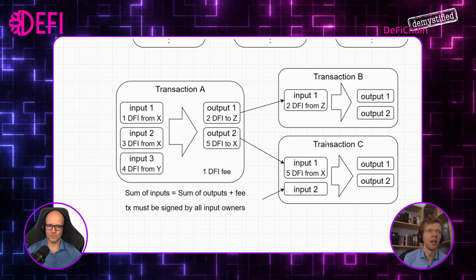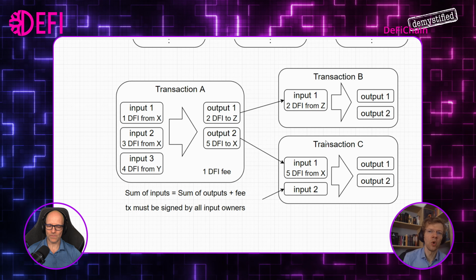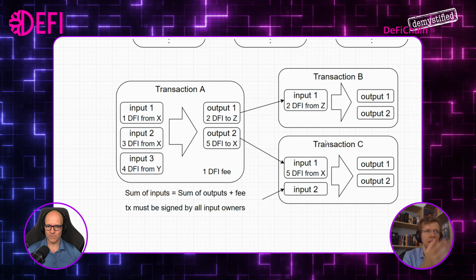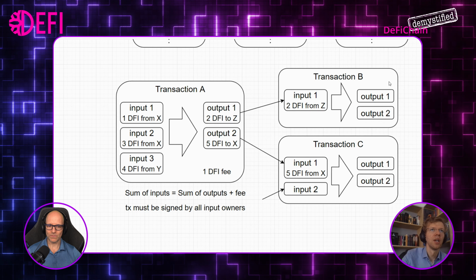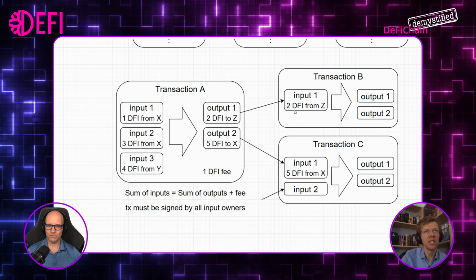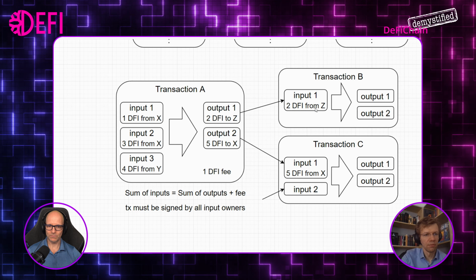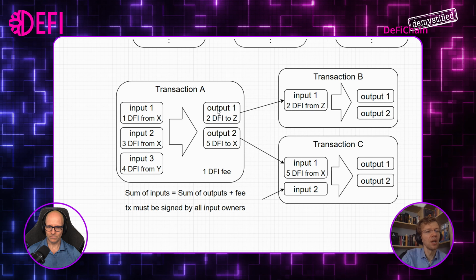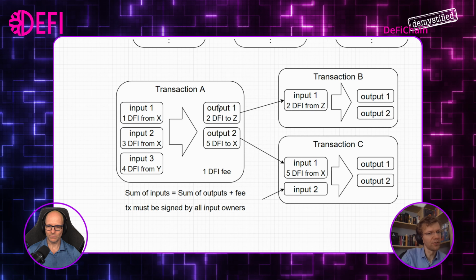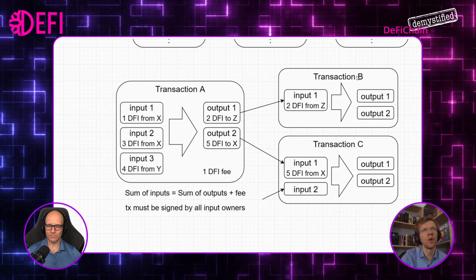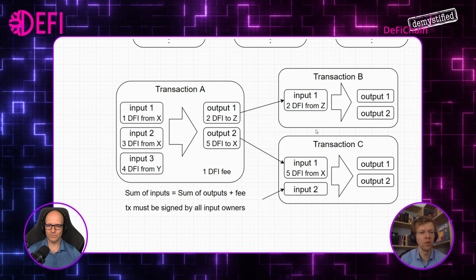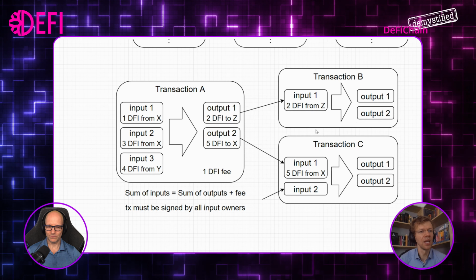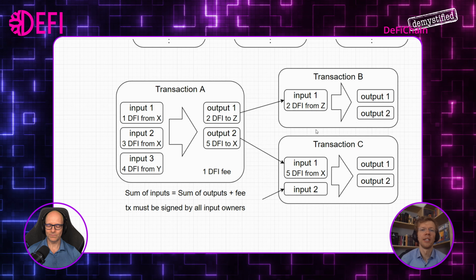And now what do we need an UTXO for? If you want to do a transaction, you need an input. And you only get an input by using an unspent output from a previous transaction. So if you want to do a transaction, you need an input. If you want to keep track of your balances and everything, that's what an UTXO is.